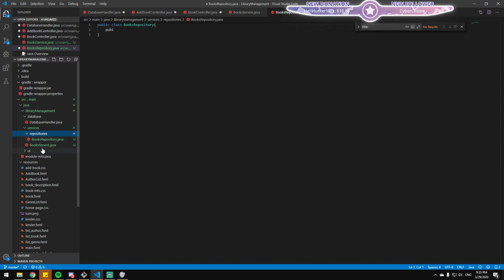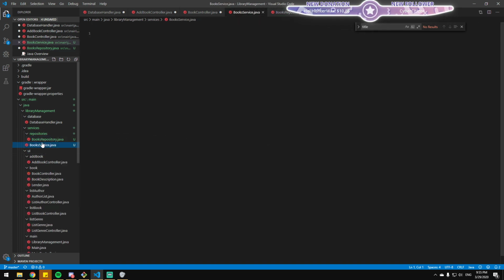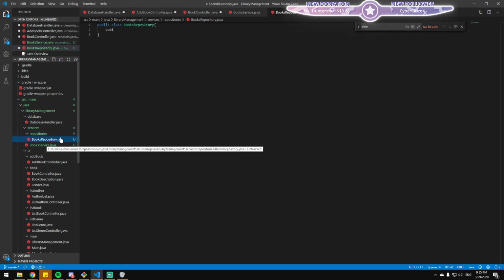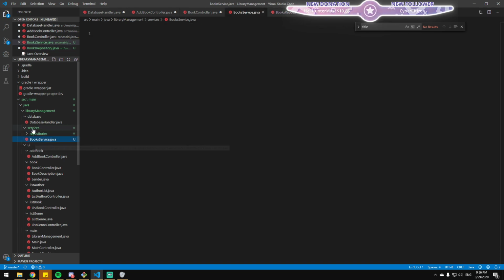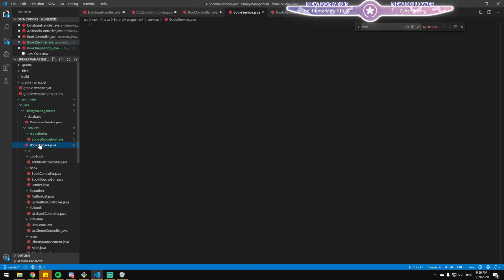You said the repository should be called by some service, and then the controller, the UI element, calls the service, which calls the repository. Correct, yes.